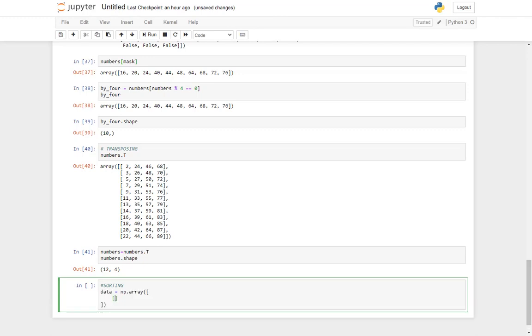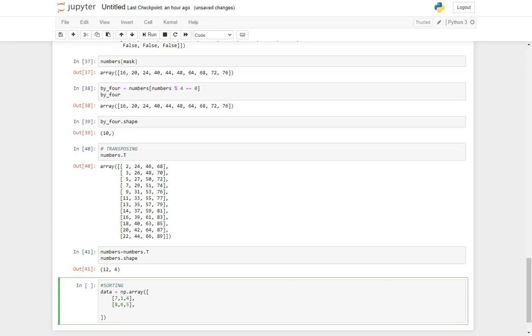Let's say the first one is 7, 4. Any random numbers I'm taking. Again, square brackets, 5. Right? Yes.